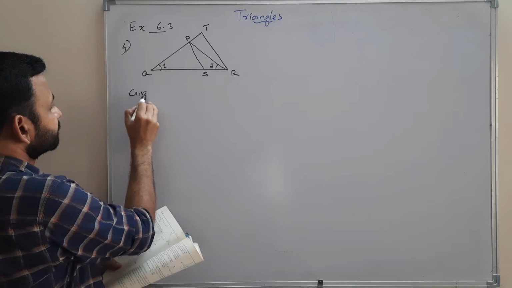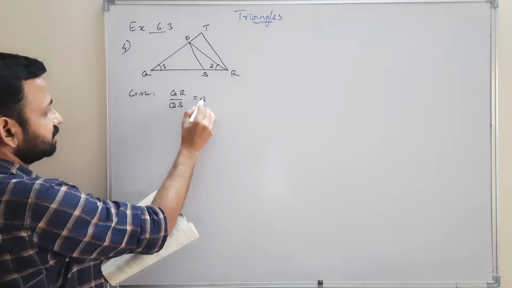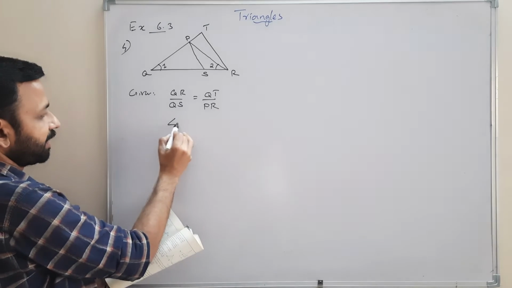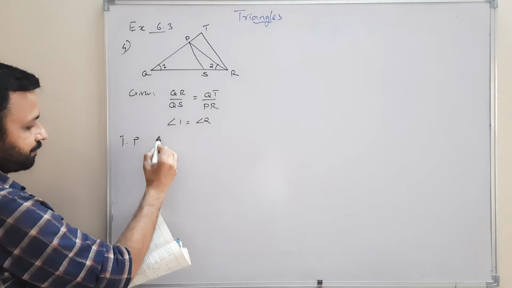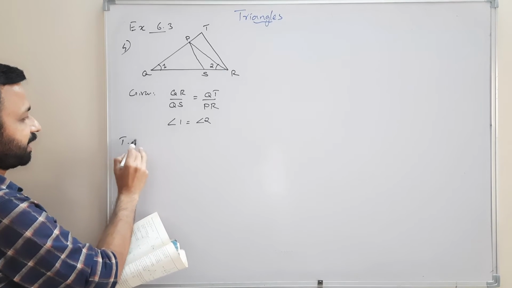Given conditions: QR upon QS is equal to QT upon PR, and one more condition is given, angle 1 equal to angle 2. To prove or show that,